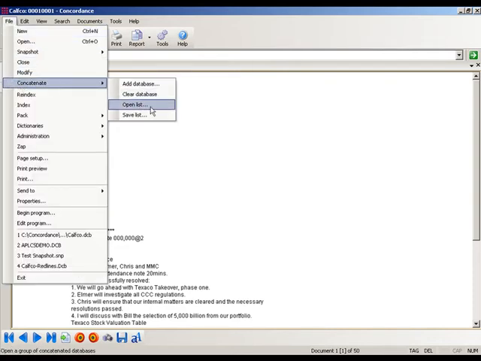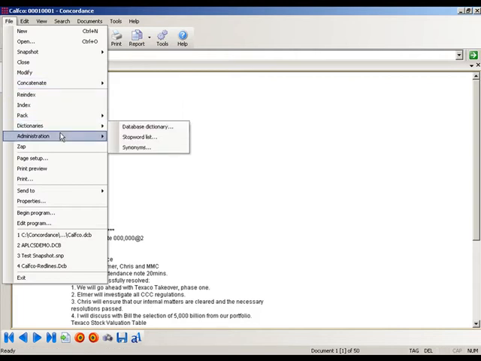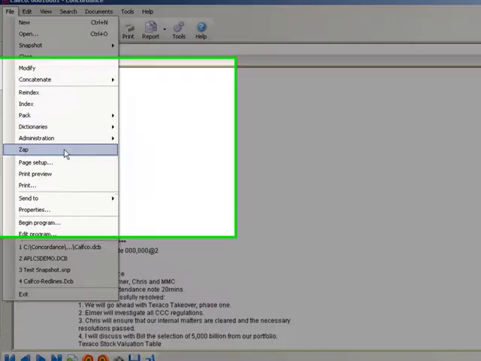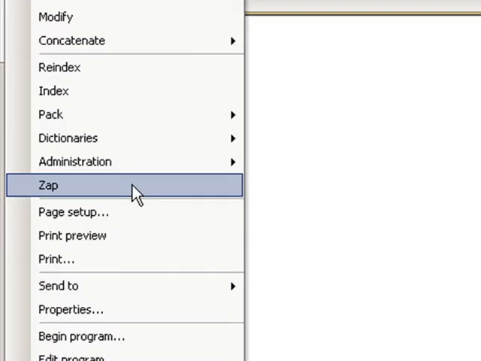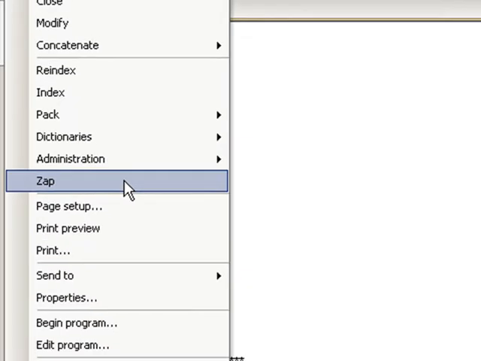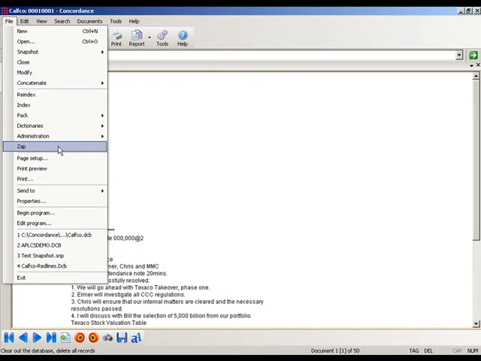Further down this menu, there's the Administration and Zap options. Now Zap is actually something you'll want to avoid. It is an option to delete the entire database, a deletion from which there is no recovery. In most instances, Zap is something that should be hidden or secure so that users don't accidentally wipe away the entire review database. This is an option that will likely be removed from Concordance pretty soon. Once it's selected, there's actually no further warning other than one single confirmation screen,